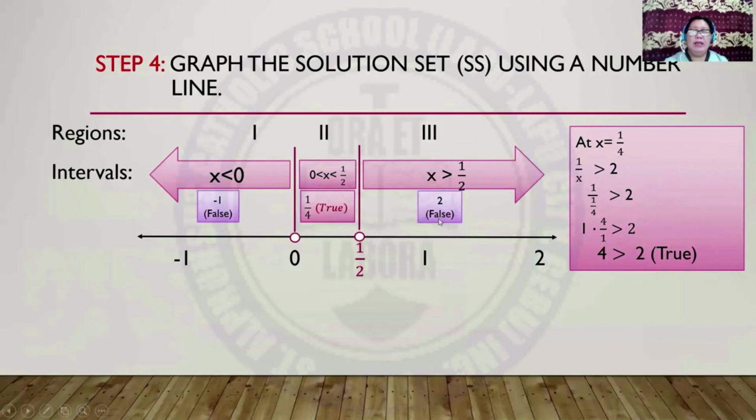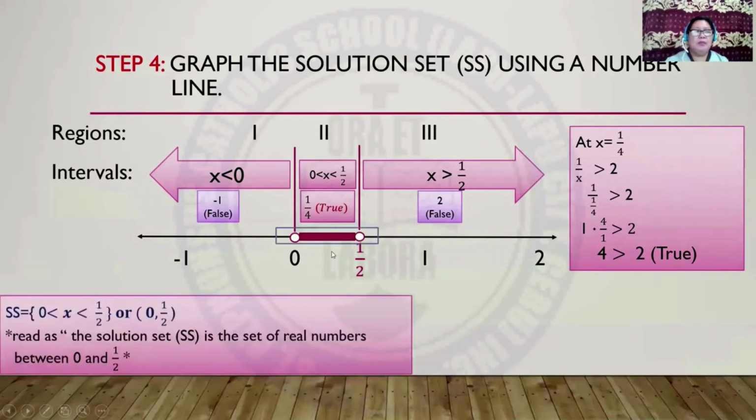And all the values on this region will give us false statements. Therefore, we have to highlight this region. Therefore, the solution set is equal to the set of x between 0 and 1/2, or we can write the